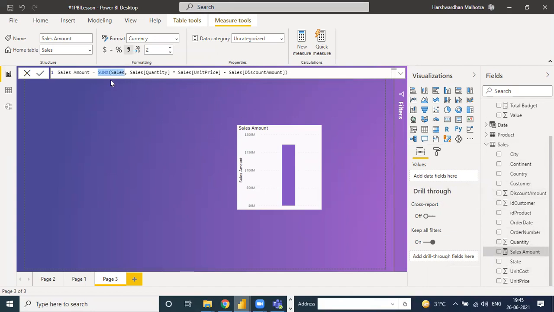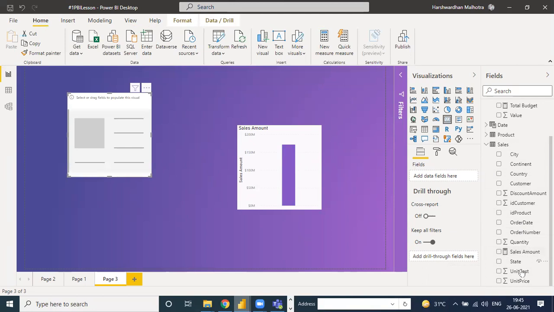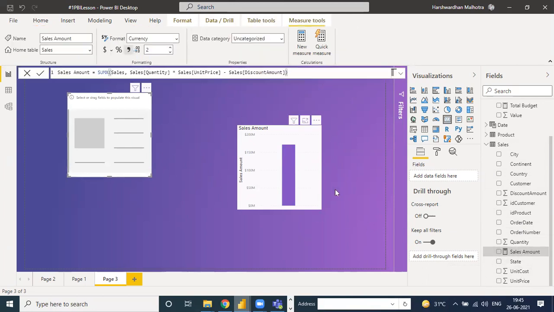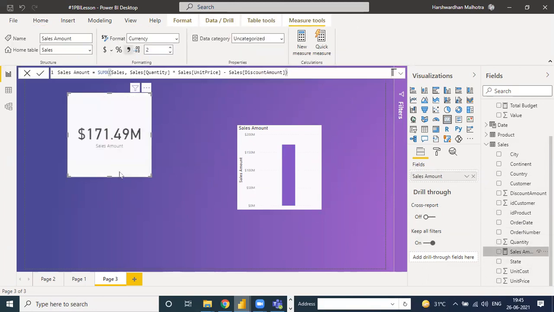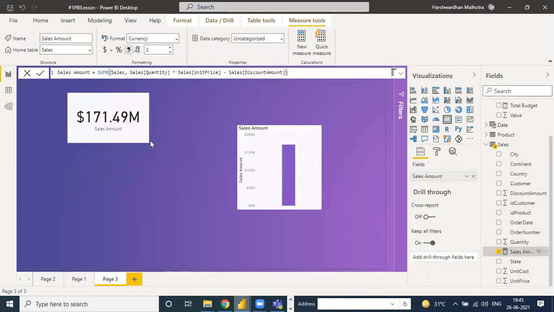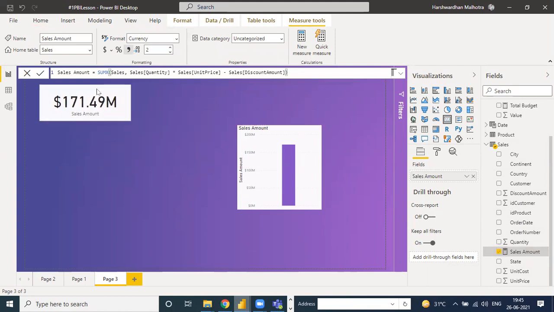Okay, so when we use the sales, the total sales is there. Suppose when we use the card, click on the card and go to the sales amount, and total sales is 171.49. Any doubt here?